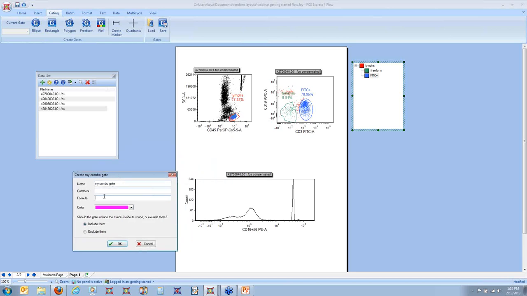Now, if I want to create a combination gate, this is where you would use Boolean operators. For instance, if I want to define a gate containing all of the events that don't fall in either of these two gates, I can use the Boolean operator not. So notice the autofill. Now I just start typing the name of one of my gates. Again, notice the autofill, because FCS Express is aware of all of the gates in your layout. So I'm going to put not FCS or freeform